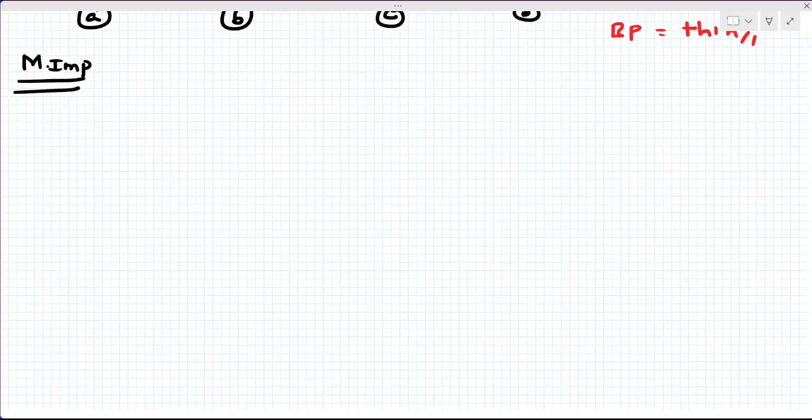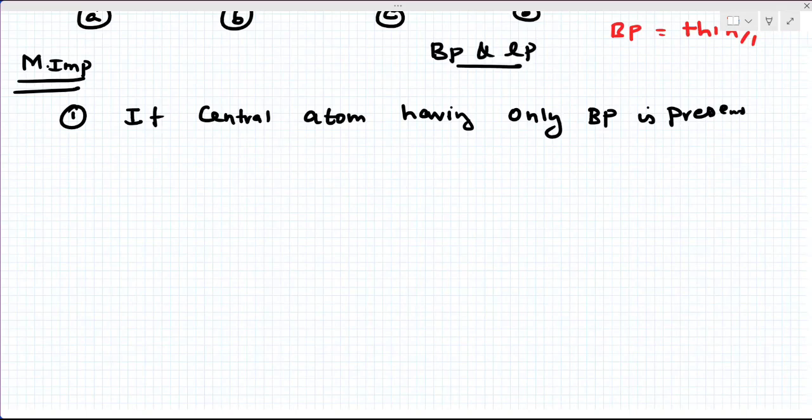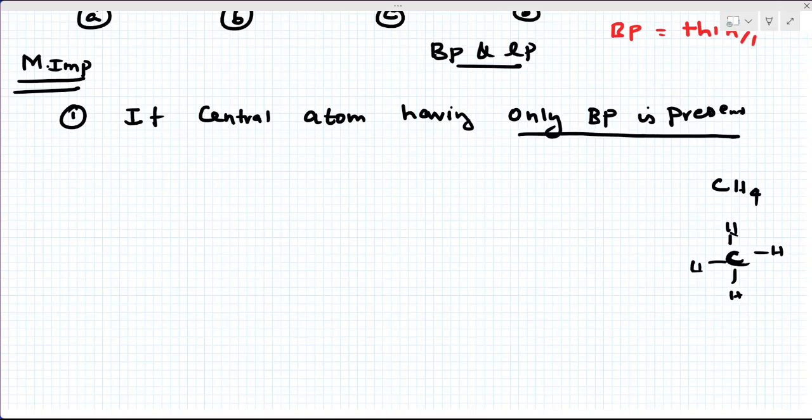Now listen. First, if the central atom has only bond pairs present. There are two types: one is bond pair, one is lone pair. First case, if the central atom contains only bond pairs, for example CH4. Here carbon, hydrogen, here also hydrogen, this also hydrogen. This central carbon atom has only bond pairs. In this similar case, if the central atom has only bond pairs, please note, the angle